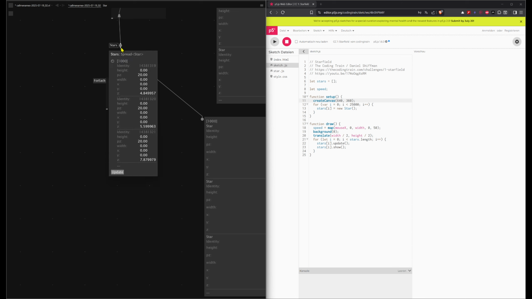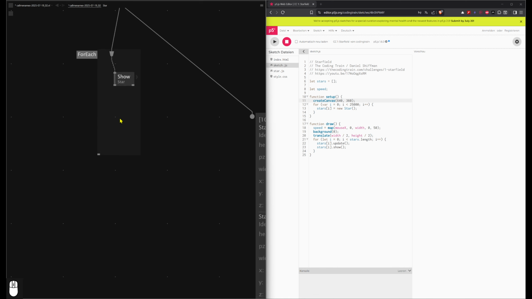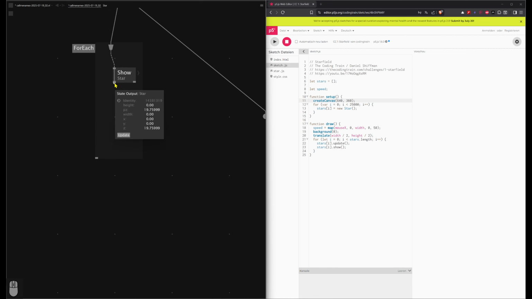So we get it directly. We click on the lower output of the Star's Spread, again go via the Splicer, connect it, but this time because we don't want to change any data of the object, we don't want to output this, and we just want to output the layers